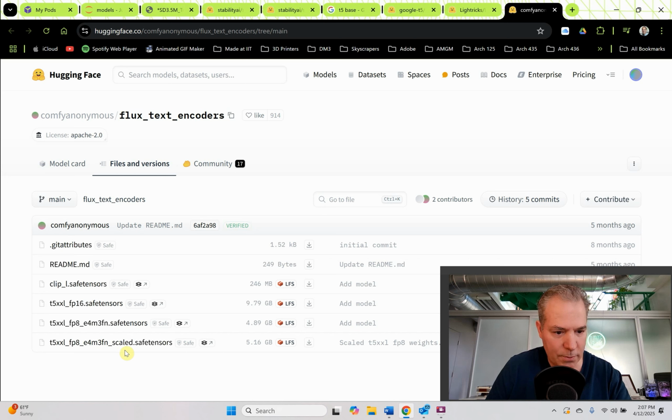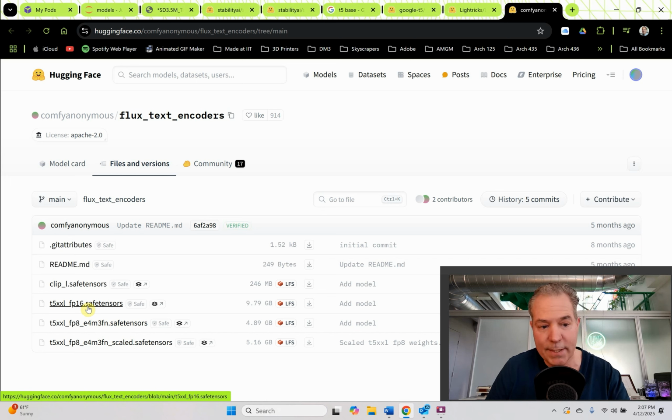Okay, as always, there's different ones. There's the scaled, there's the FP8 and the FP16. Floating point 16 is always better than floating point 8. This one is scaled. I'm gonna go for the big one. I'm gonna go for the big one again. Let's see if